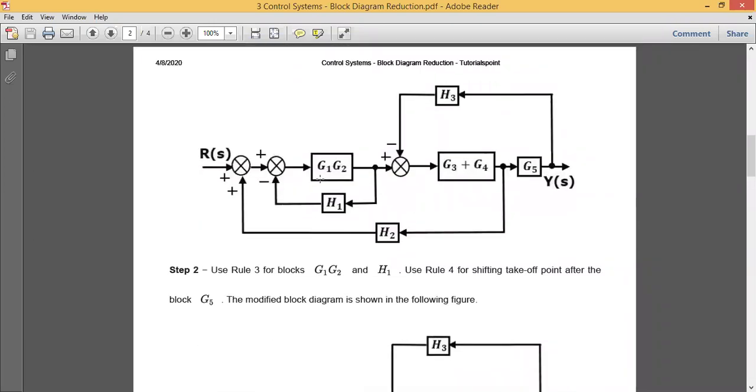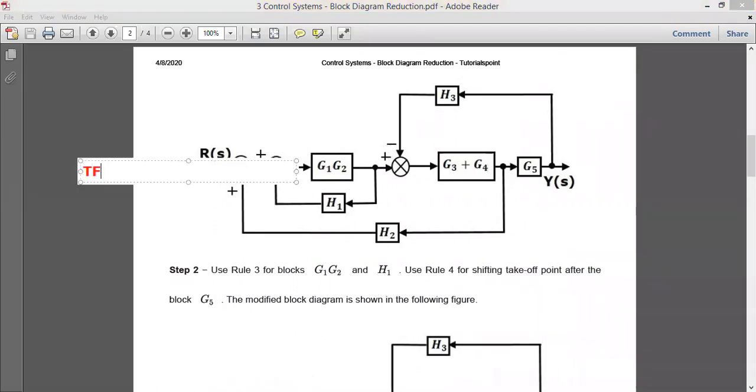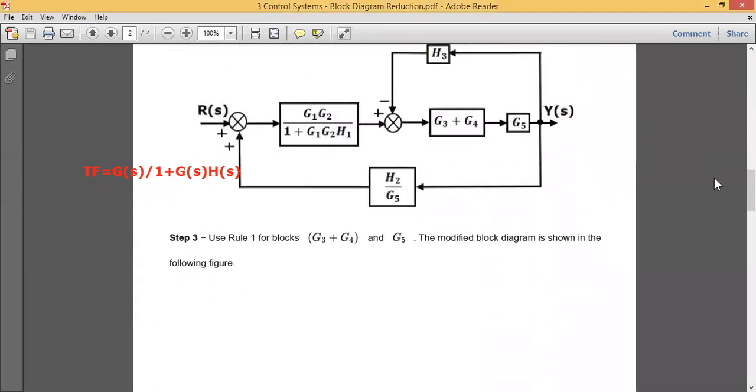I should solve this small transfer function. So what is the transfer function? The general expression I am writing: TF equals the block of G, G of S, divided by 1 plus the block of G of S multiplied with the block of H. Okay, let us now write this in the equation. You can see and compare.